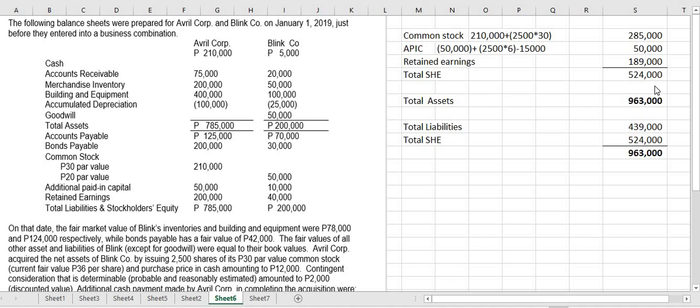So you have total equity of 524,000. Okay? Also, para mas madali, to determine the total shareholders' equity, you have computed naman din your total assets. And then, i-deduct mo lang yung total liabilities na na-compute mo din, you have your total shareholders' equity. So, if it's 963 minus 439, you still have total equity of 524. But you can also compute for the components of your total equity. Yeah, that's capital stock, APIC, and retained earnings. Okay? That ends our second problem in relation to merger.